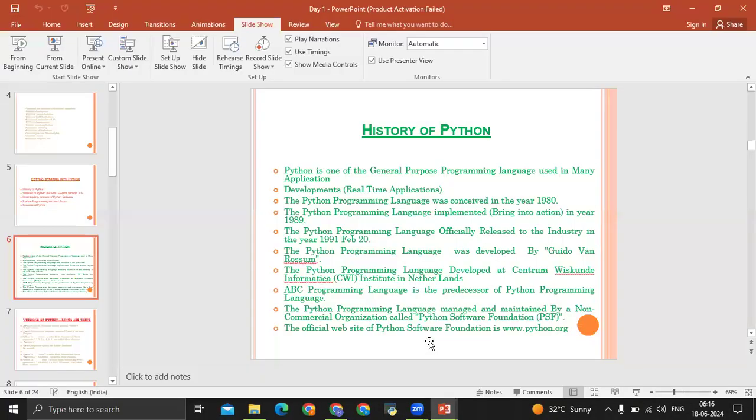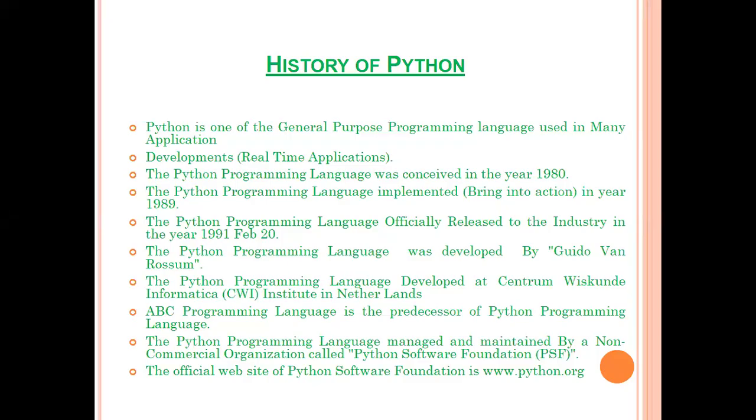So we were discussing the history of Python. It was conceived in the year 1980 and was released in the year 1989, but officially it was released on February 20, 1991, and Guido van Rossum was the father of Python.